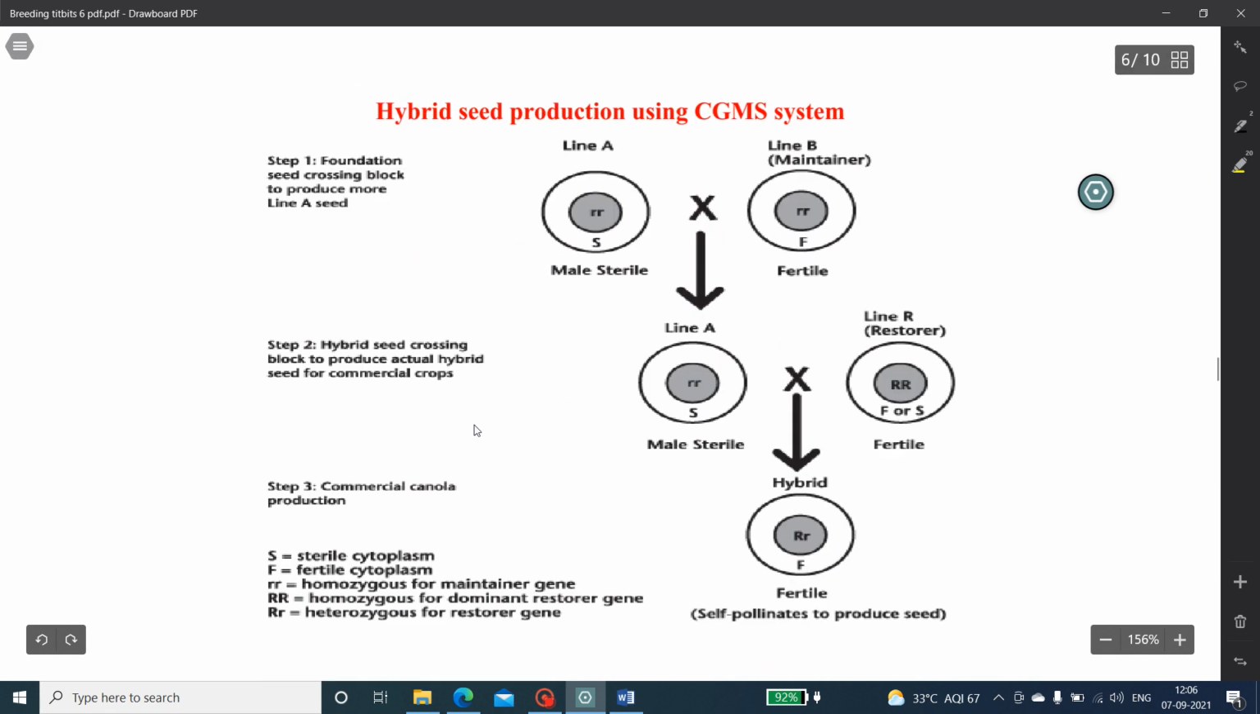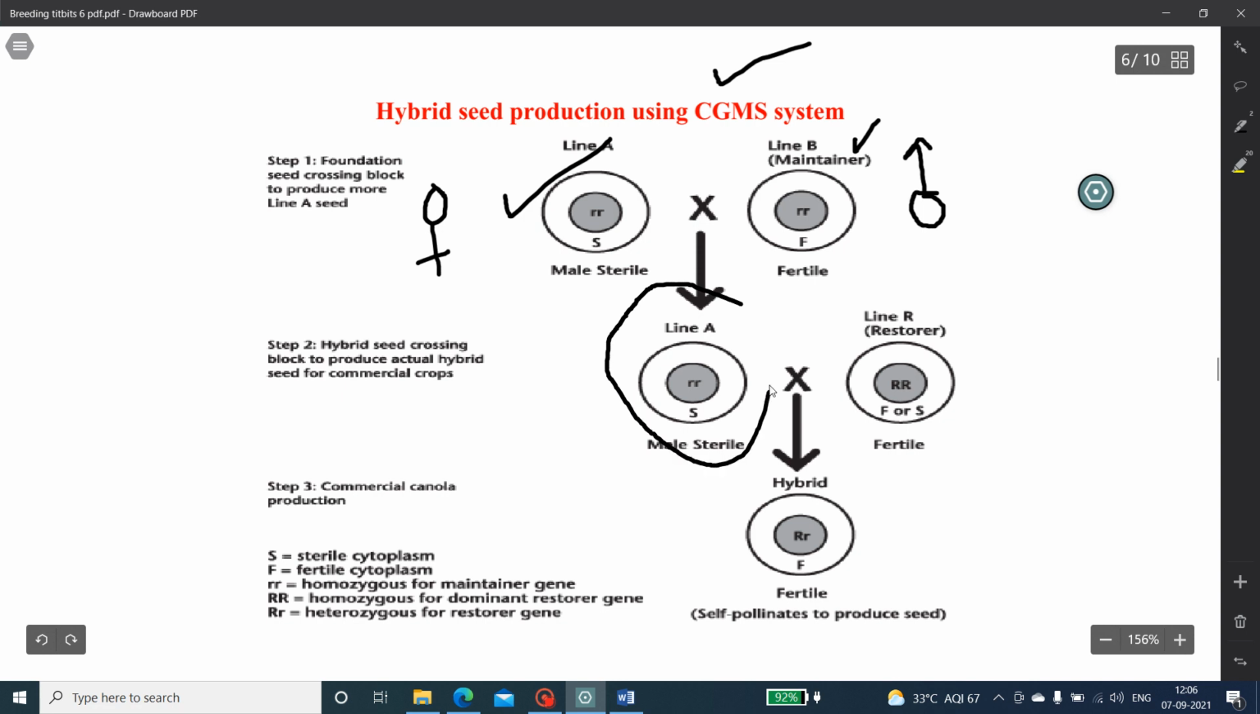And this diagram will show how the hybrid seed or hybrids are developed by using CGMS, the same diagram which I have explained earlier. The A line is the female parent. This is the sterile line, and this is the B line. It is the maintainer line. This is used as a male parent, and if you cross A line and B line,